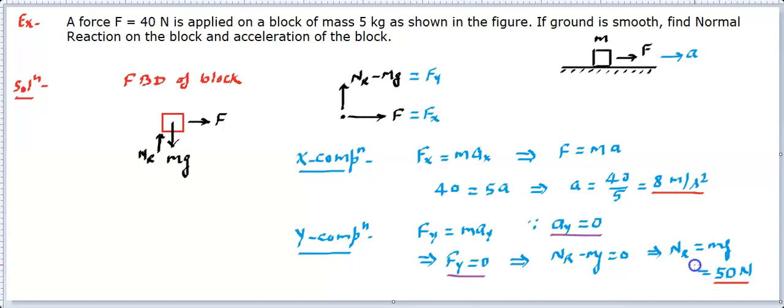And you can also link, when we talk about the normal reaction, we said normal reaction does not own a formula. Its formula comes based on the question. And here you can see normal reaction is coming as mg just because we identified the direction, no acceleration there. So this is the question condition that gives the value or formula for normal reaction, right? And then this is how you can solve these equations. So we call it the Newton's equation. So making the Newton equation, then solving the Newton equation will give you the answer. This is going to be the strategy for all the questions in this chapter.